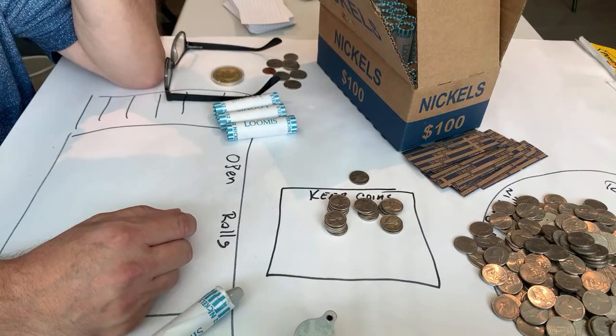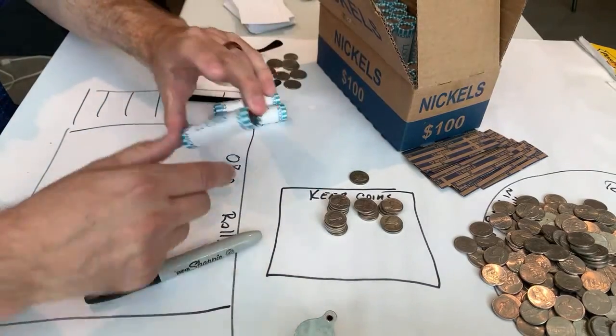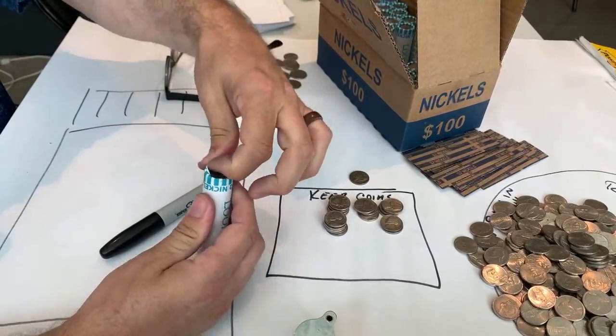I found a 1914 Denver, and I don't know that it's actually authentic. I've never had it authenticated. But that's a very scarce penny. I got one of those out of a roll. It was at a collection of old wheat pennies that got turned into a bank. And then